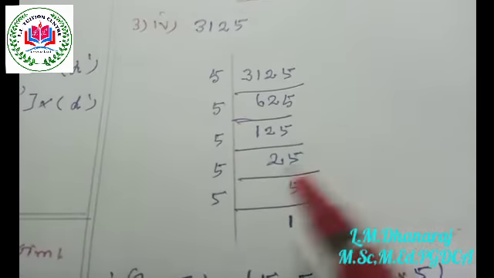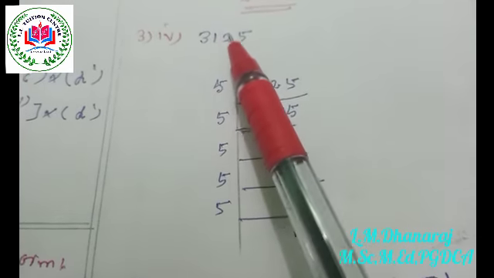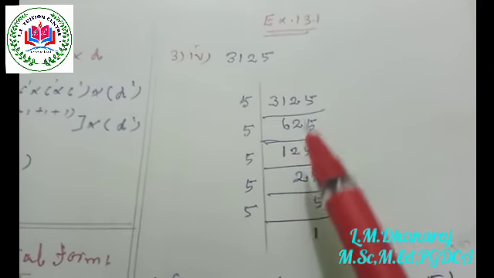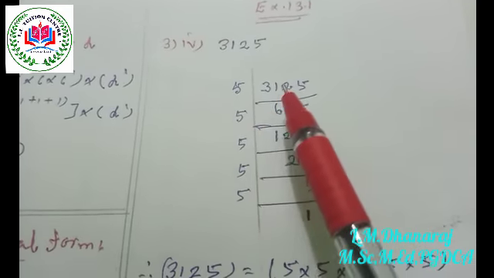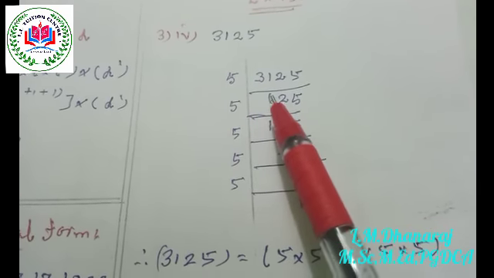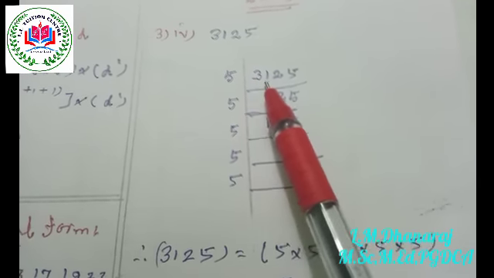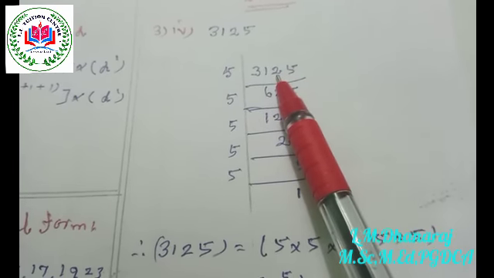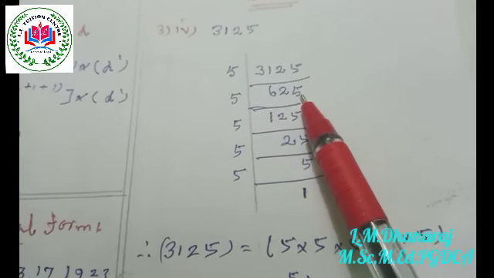Similarly for the fourth subdivision, it is given as 3125. Now it is clearly seen that this can be divisible by the prime number 5. So we divide by 5, because it cannot be divided by 2 or 3. 6 5s are 30, remainder 1, so 12. 2 5s are 10, remainder 2, that is 25. 5 5s are 25.